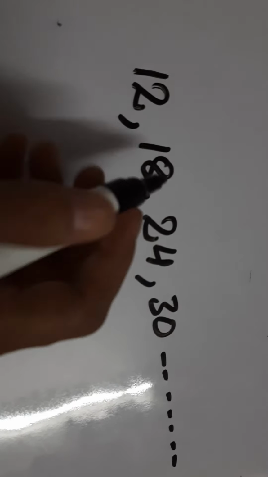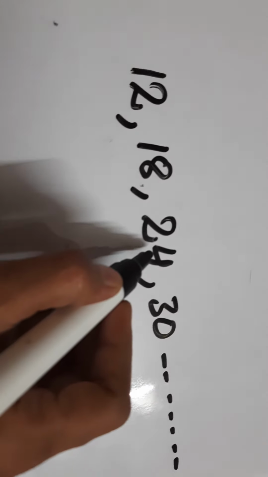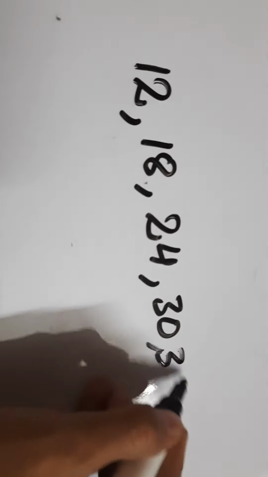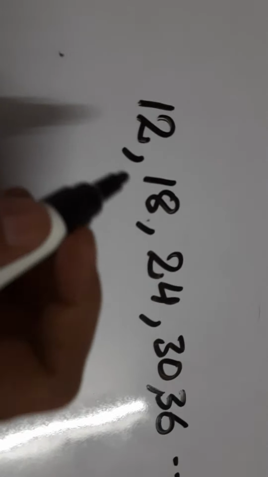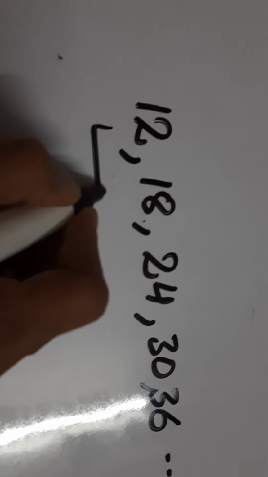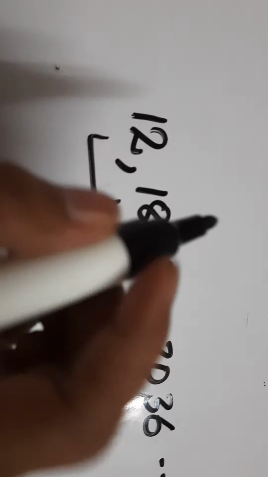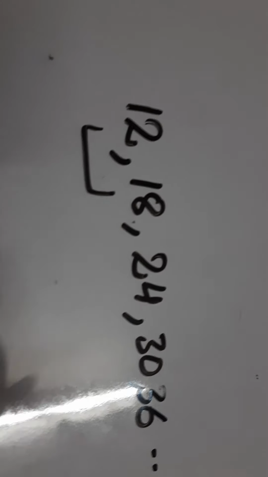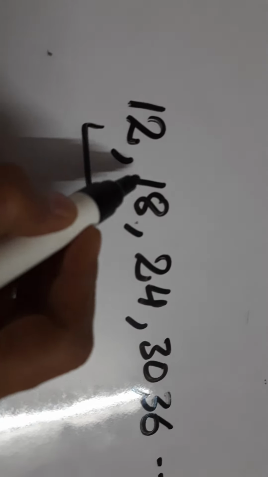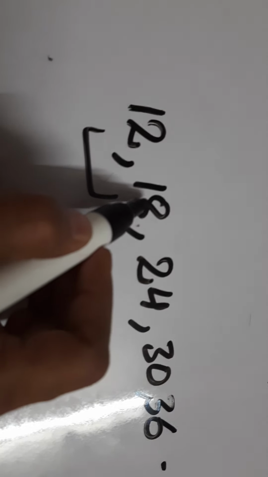Now what do we mean by consecutive terms? Consecutive means साथ वाली terms. Like 12 and 18 are consecutive. 18, 24 is consecutive. 30 is consecutive to 24. So let us see what is the difference between them, and let us check whether this is an AP series or not. So for that, let us check the difference between the first term and second term. And what is the way to find the common difference? Always subtract the previous term from the next term.